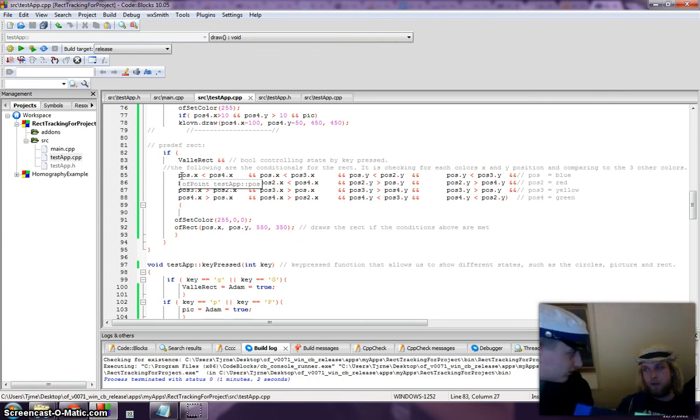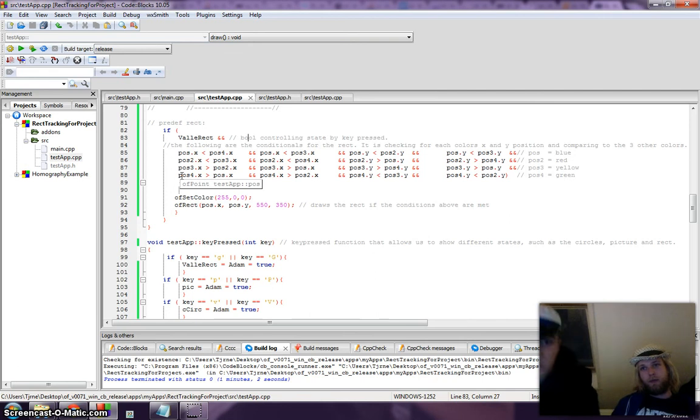So I believe you showed that in the video as well, didn't you? Yeah, that if you start twisting it, changing these relations, then it won't show the picture or the rectangle. But then again, a lot of this code is primarily just drafts of our project in development, because some of these things might change, might not change, if and when we get the homography to work. Otherwise, we have backup plans, as for instance using the conditionals here, which works pretty well as well, but it doesn't give this